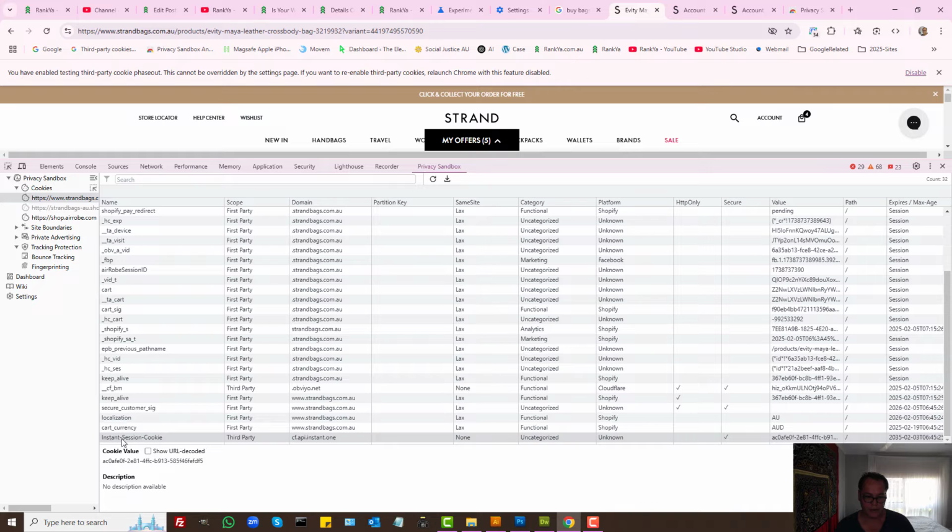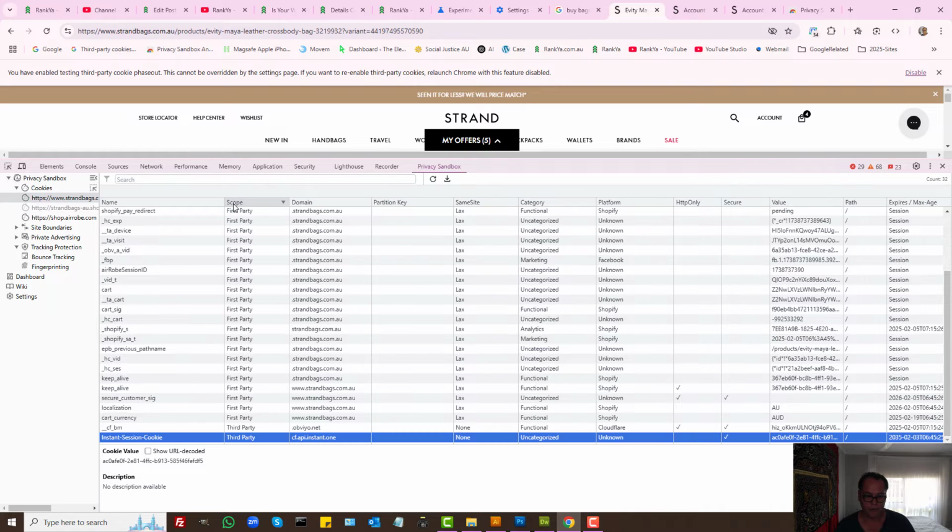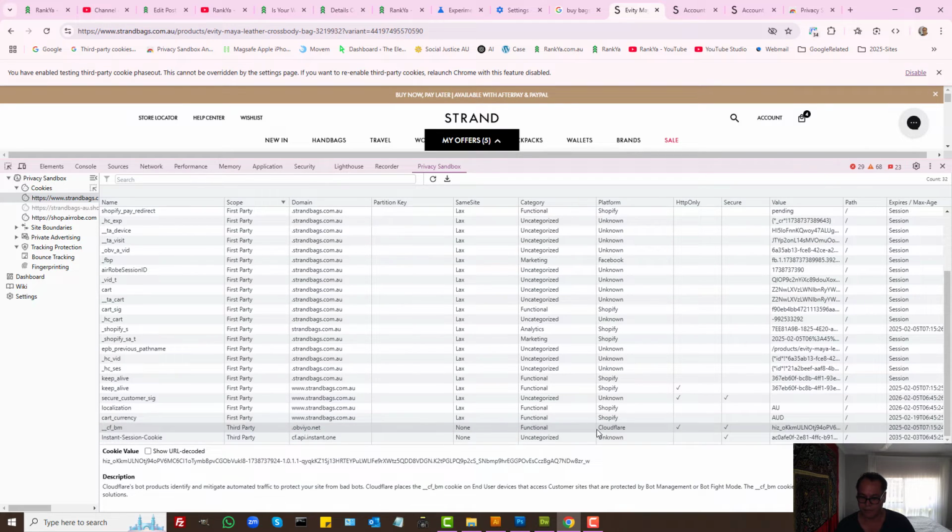So there's another one here. That's a session cookie. That's coming from some third-party website. And we can see the scope. The third party is this website. And there's another cookie set that's coming from Cloudflare and so on. So this is how you audit third-party cookie usage